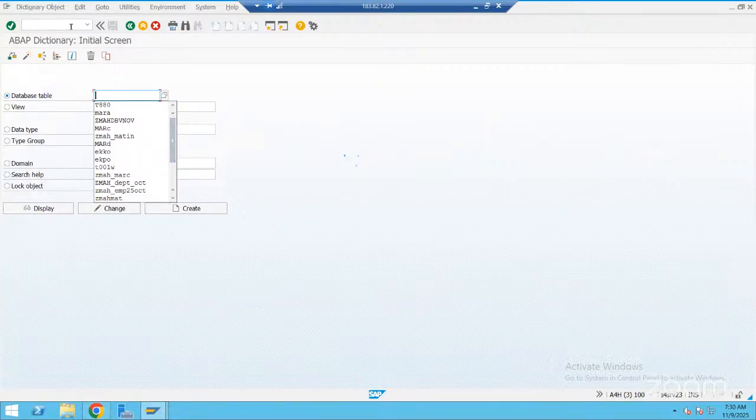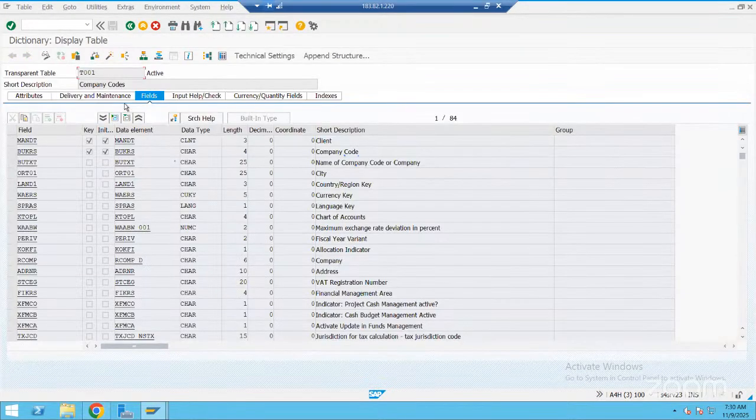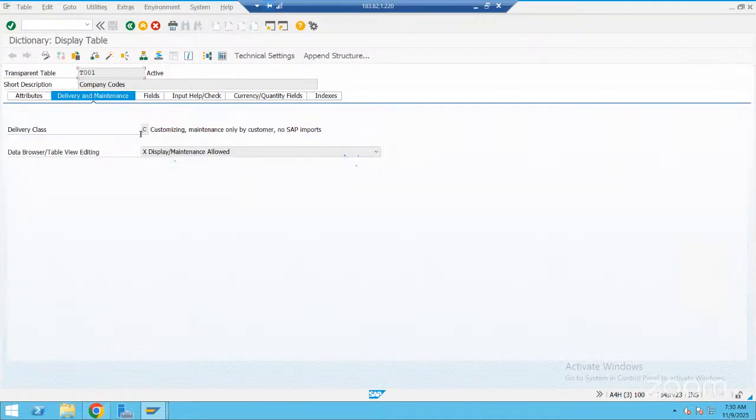T001. Click on display. See, this is also customizing data. You can observe here. Go to Delivery and Maintenance. See, the delivery class is C. C for customizing data.